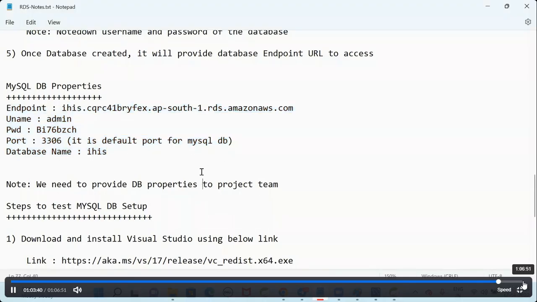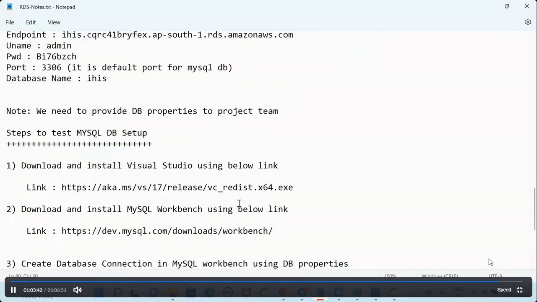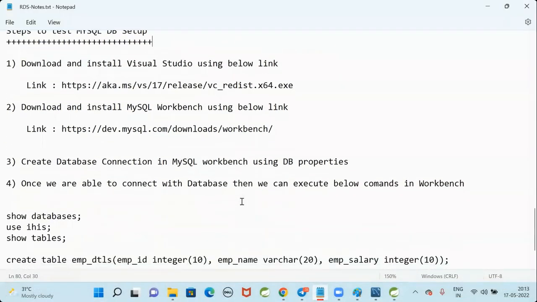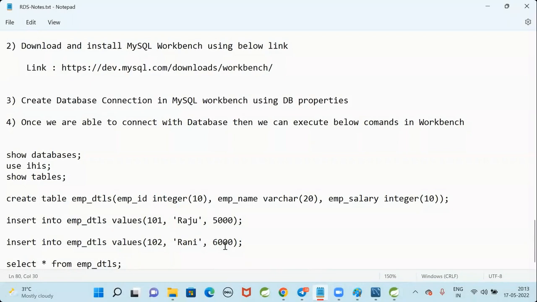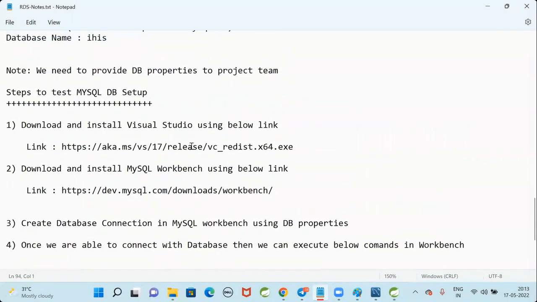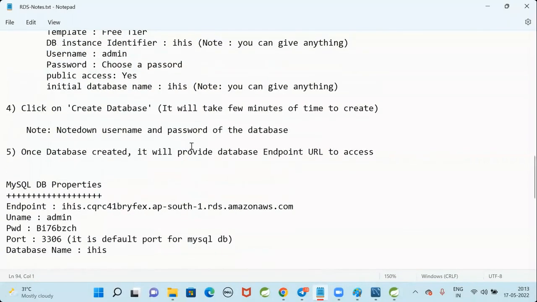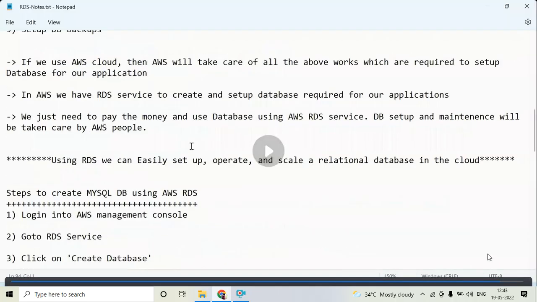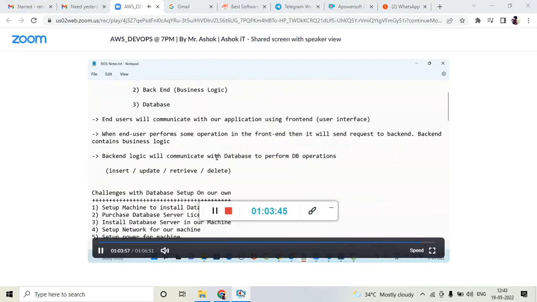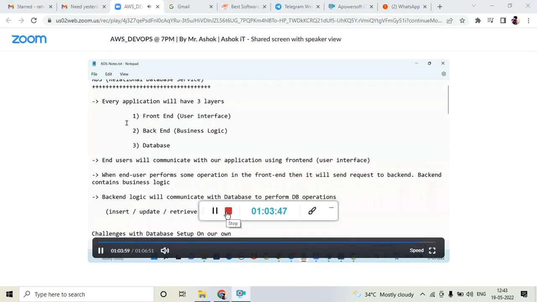So, all of you, can you practice this before coming to tomorrow's session? Tomorrow I will tell you how to work with the MySQL client in EC2, and how to connect with the database by using EC2 machines. That I will discuss in tomorrow's session. So today I want all of you to set up this database